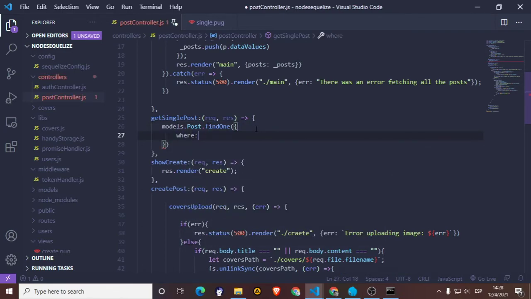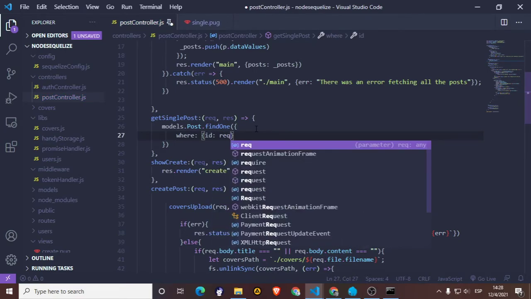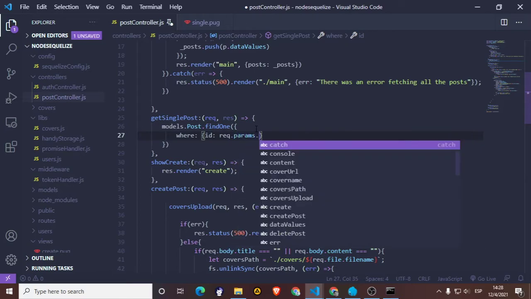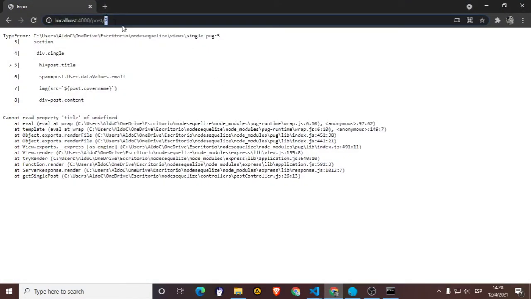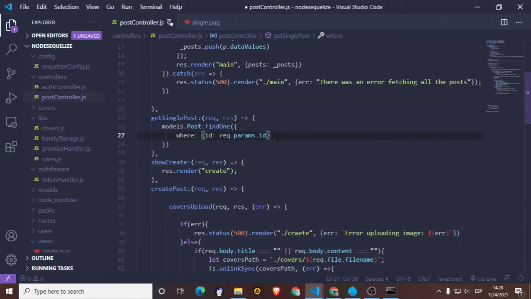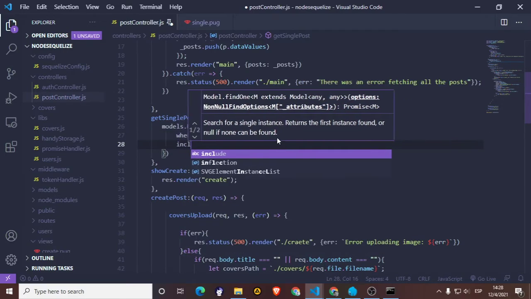The one where the ID equals the request params ID. The ID we are receiving here, that is what we are checking, and we want the post that has that ID. Again, we're going to add a comma here and say include,